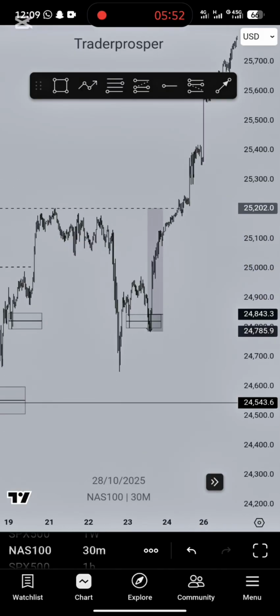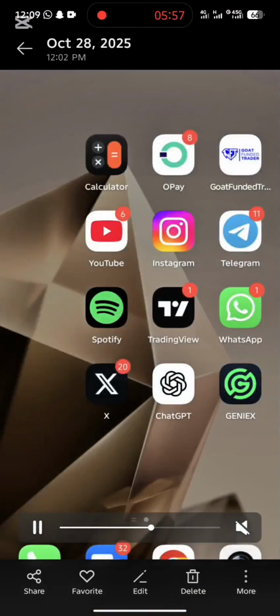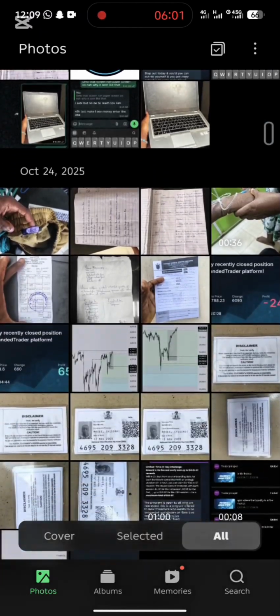So this was the trade. Let me show you the screenshots of the trade. Yeah, this was the loss on NAS 100, and this was the buy. Okay, so this was how I made